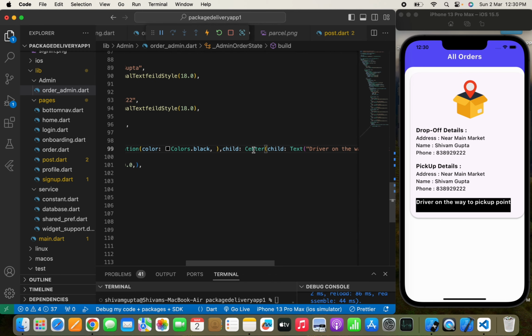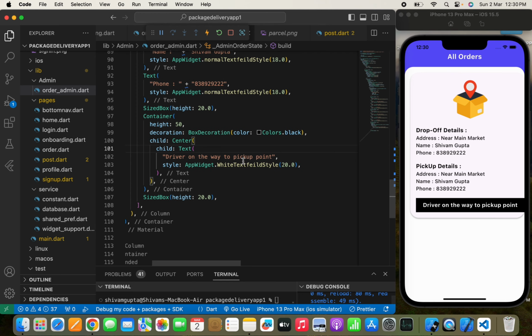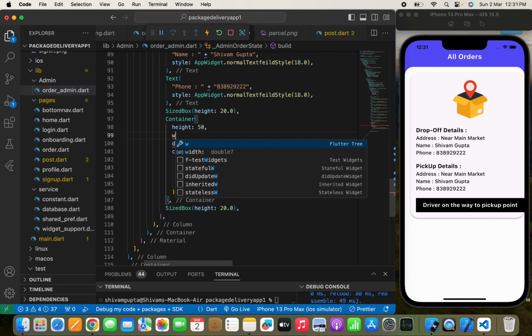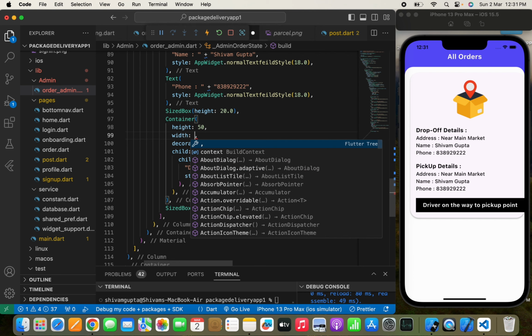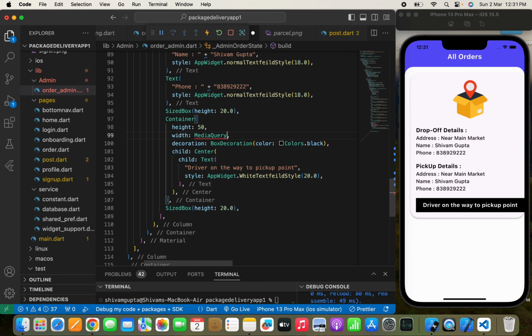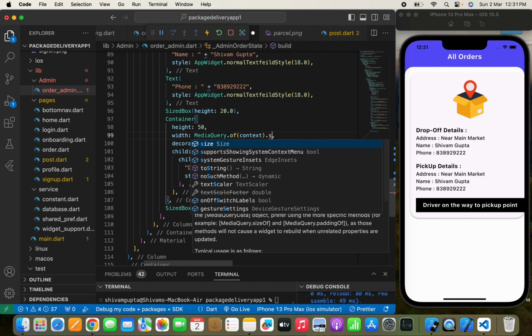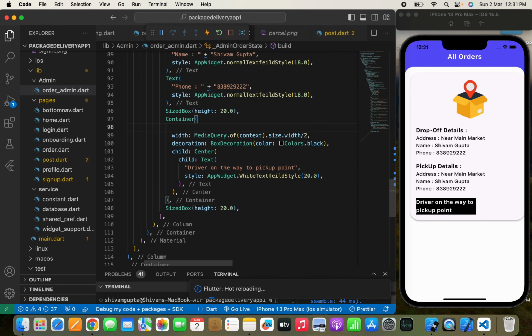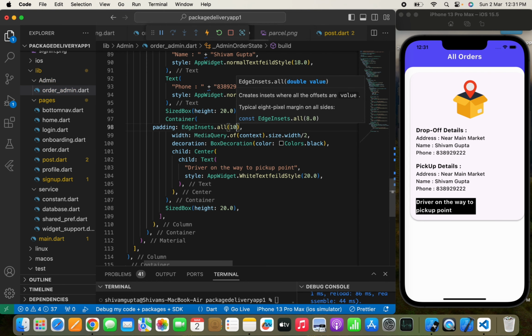Yeah, so these are some things that we need to do, and we can also fix the width. So we can just pass a width by using MediaQuery. I'll write MediaQuery.of(context).size.width divided by 2. Yeah, so this is the thing that we have passed. We can just remove this, and we can just pass padding EdgeInsets.all(10). Yeah, so driver on the way